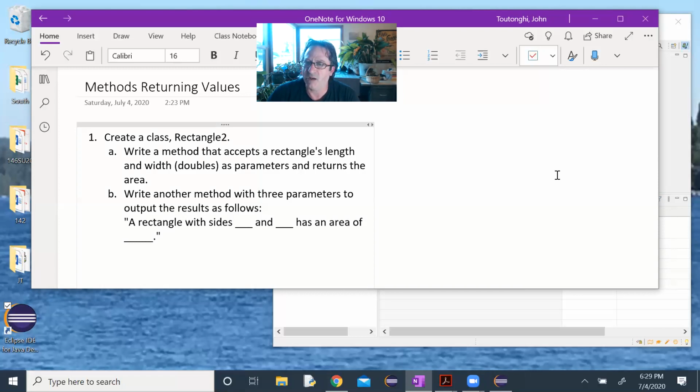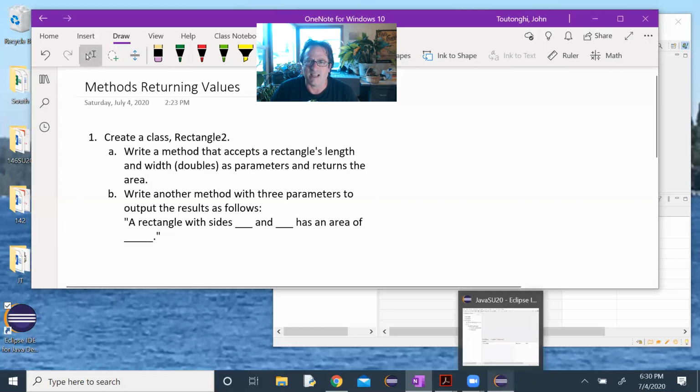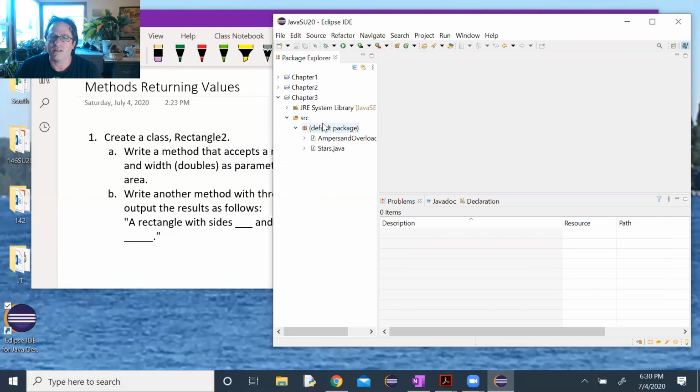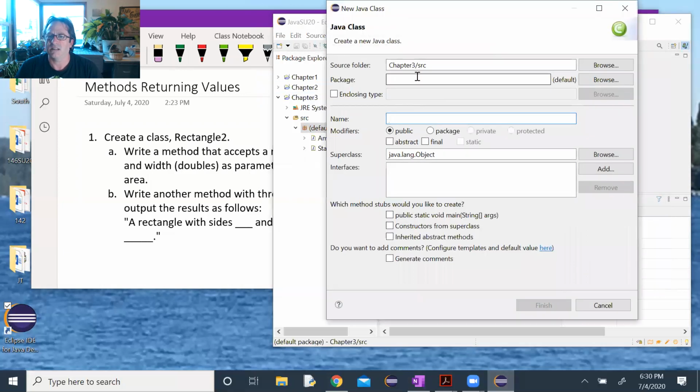So I just want to go on paper for a minute and look at the design of the problem. I think we understand the problem. Let's jump onto Eclipse and go ahead and create the class and do the comment that talks about what the program does. So go into chapter 3, make a new class, default package, Rectangle2, public static void main,